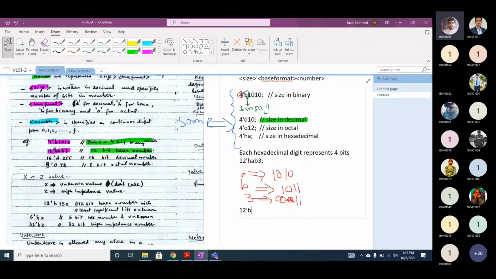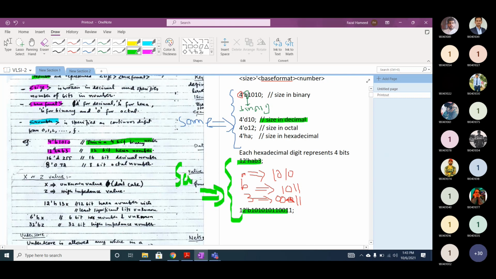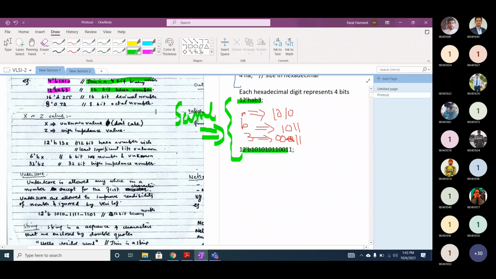1010, 1011, 0011. It is the same data. So this represents the same data. Now, if you look at X or Z values,